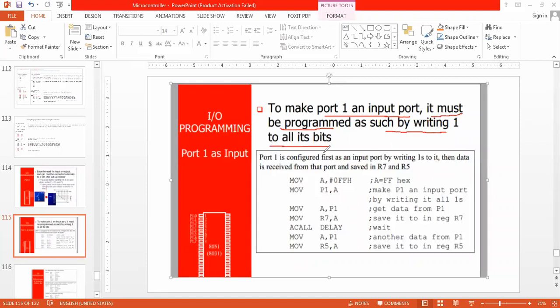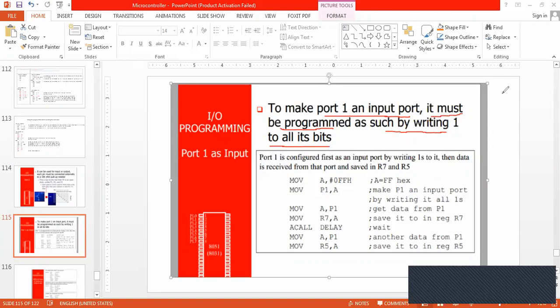By default, whenever the 8051 gets restarted, the default pin function will be output port.